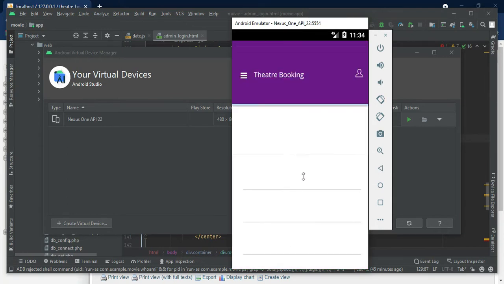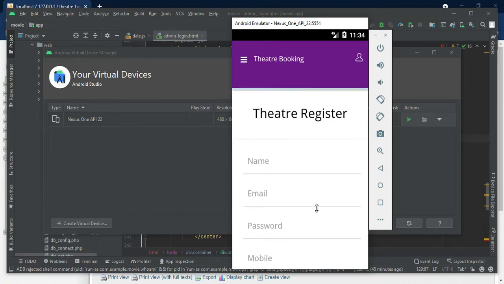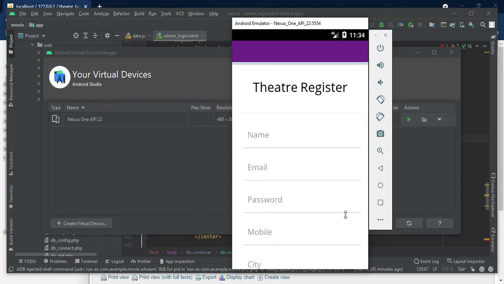Here we have two users, user and theater. First we will start with the theater registration. You have to fill up the theater registration form.